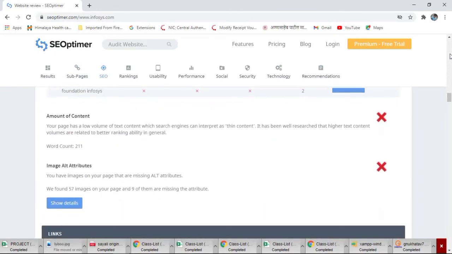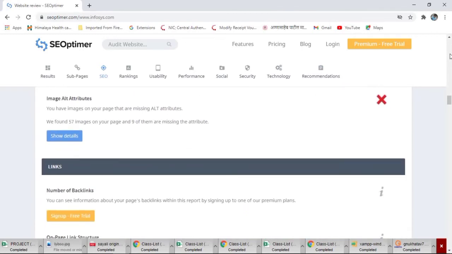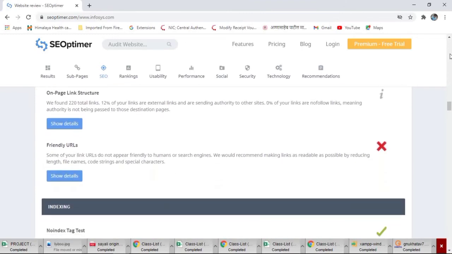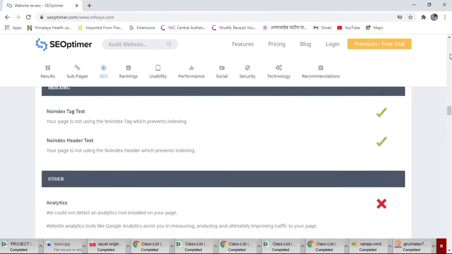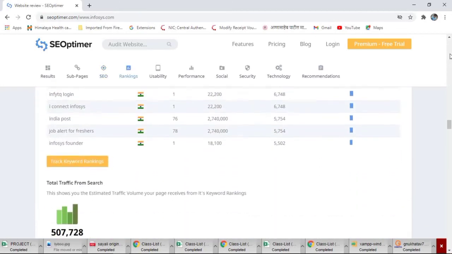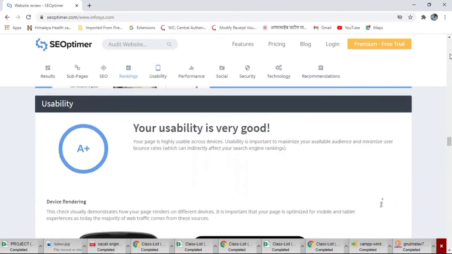After that, amount of content, image alt attributes, number of backlinks, friendly URLs. So check here for broken links and images.